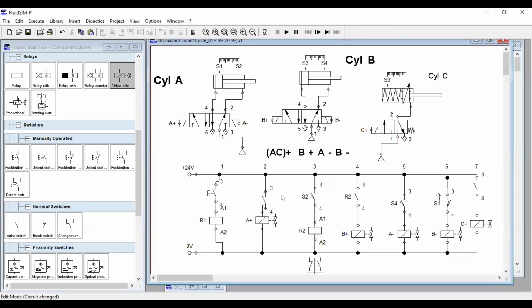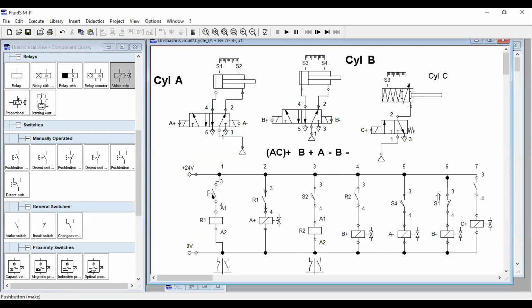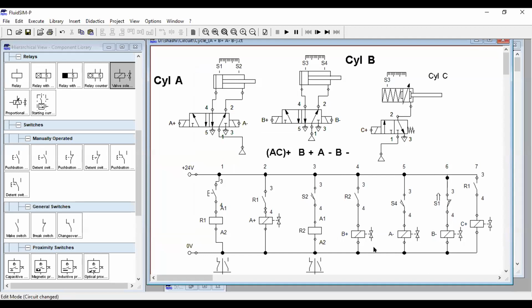That is the on-off of A and C simultaneously. So how can you make this? You need a connection between these. So we have a connection. Fine. So this input, I will name it R1 from relay 1. So when I am pressing this button, even if I release it afterwards, R1 will still be in the actuated position and I can use this R1. Same way here I will use the output which is R1 from relay 1. Click on OK. Now you can see when I press this one, this gets actuated and at the same time C plus also gets actuated. So A and C operation will take place simultaneously.